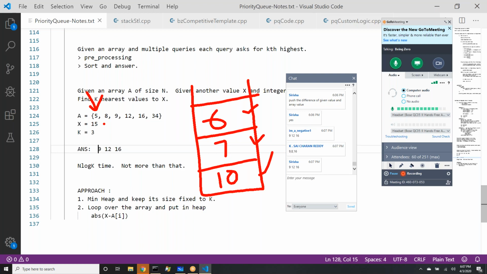right? Now when you take 12, what will you get as the difference? You will get 3. Now, to keep 3, what will be kicked out? 10 should go out, but you have taken a min heap. The min heap will remove 6, not 10.